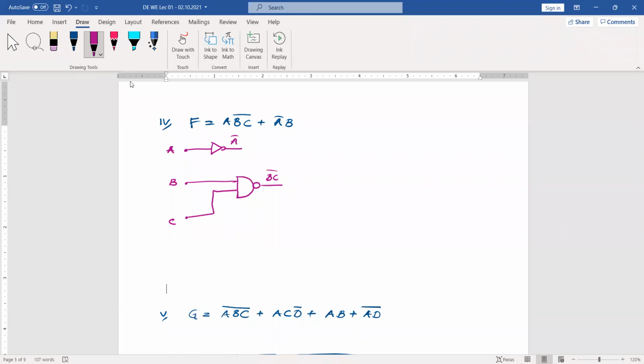Then after that we can combine this one with another AND gate, to receive this one. Then here we have A, this is BC bar. Then this A, BC bar we can make. The other one, this one, A bar B we want to make. Then we need another